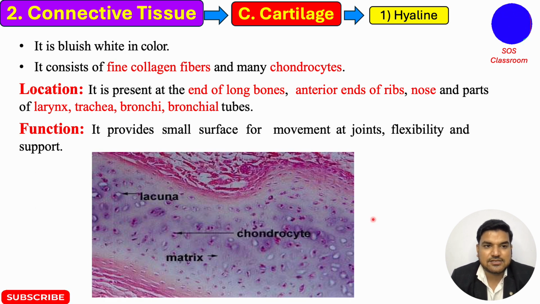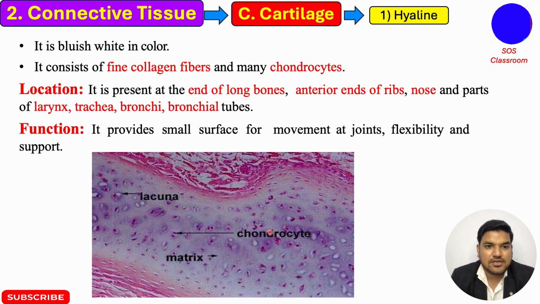First is the hyaline cartilage. Hyaline cartilage is bluish white in color. You can see this is the lacuna, this is the matrix and these are the chondrocytes. Lacuna is the space where the chondrocytes are formed. It consists of fine collagen fibers and many chondrocytes. Fine collagen fibers means there is a lack of collagen fibers, and most of the cells present in the hyaline